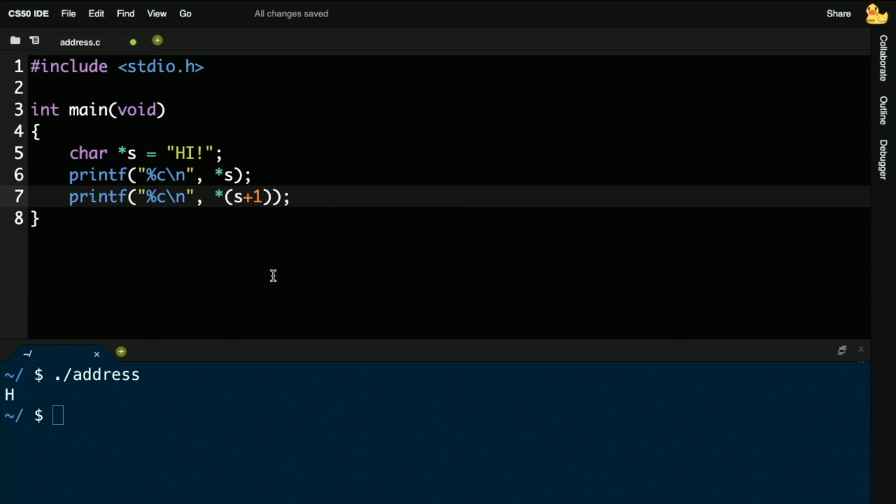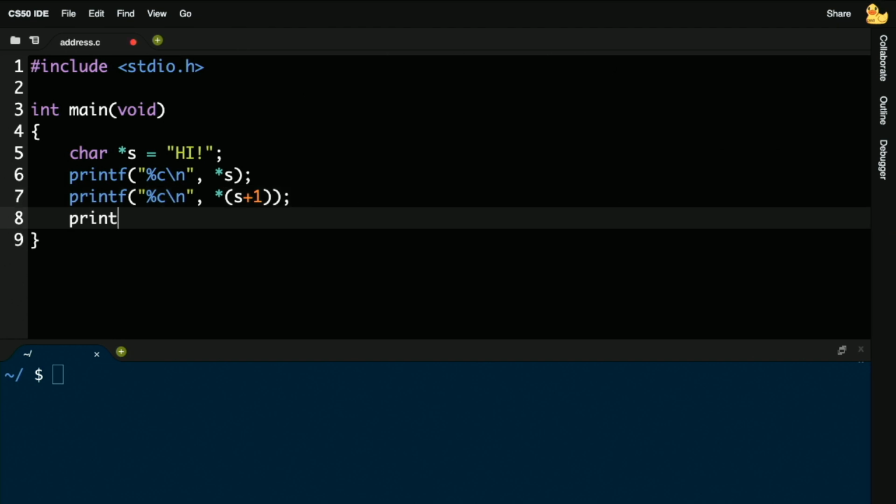And let me go ahead and now recompile this. So make address. Compiles OK, ./address, and I should see hi. And if I do one more line of code like this, printf %c \n *s plus 2, I can now go to the character that is 2 bytes away from whatever s is, which again is the start of the string. So now I've reprinted hi with the exclamation point character by character,